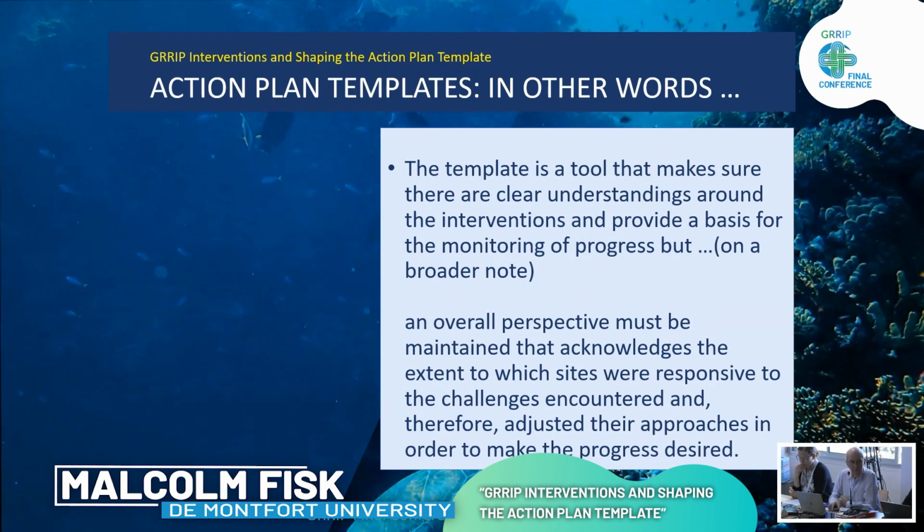In other words, the template is a tool that makes sure there are clear understandings around the interventions and that the basis is in place for the monitoring of progress, but an overall perspective needs to be maintained that acknowledges the extent to which the sites were responsive to the challenges they encountered, and therefore adjusted their approaches in order to make the progress desired.